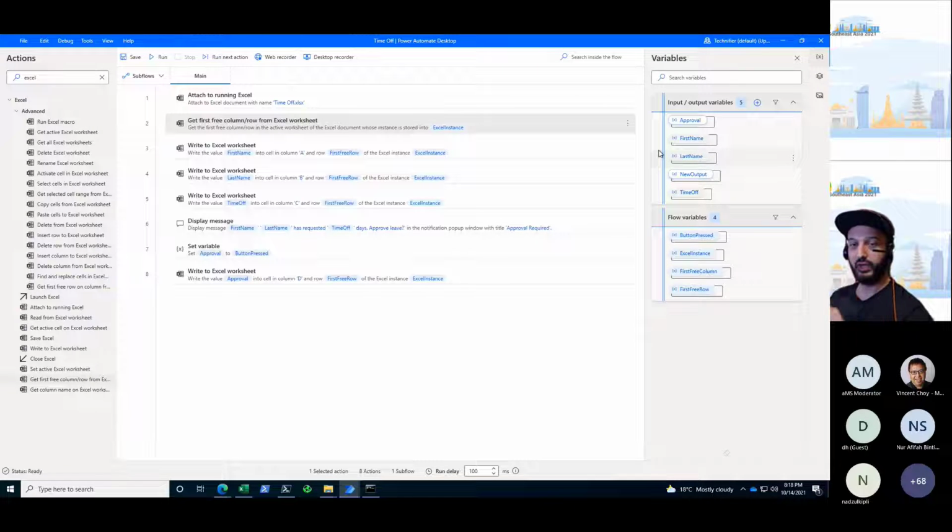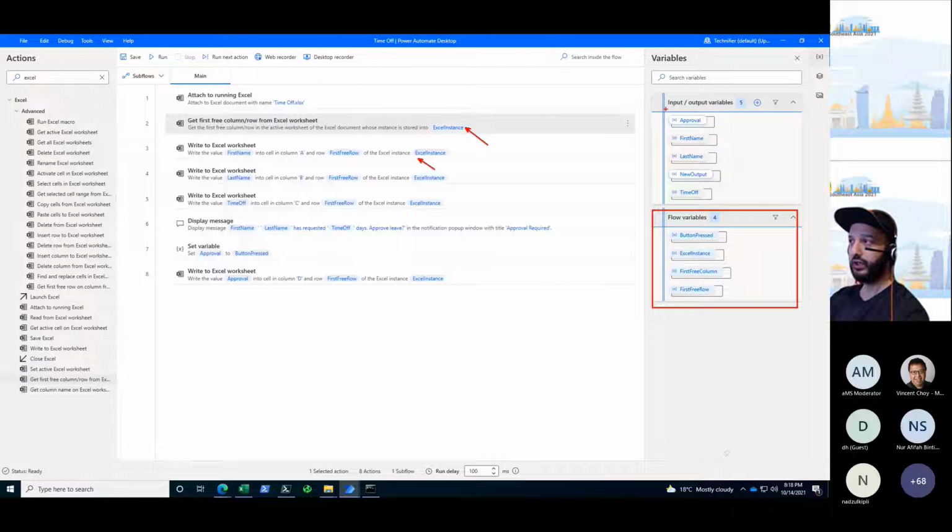So what I'm going to do, I have a button flow in Cloud. I'm just going to run it, provide it with some information. This information is going to come here as an input variable. So these variables that you see in the flow variables are auto-generated by the actions that take place here. But you can define your own variables right here and define if they're going to be output variables or input variables. For example, this one,